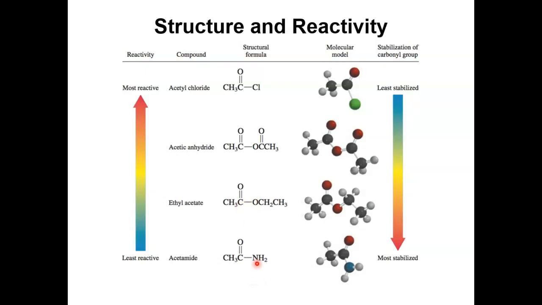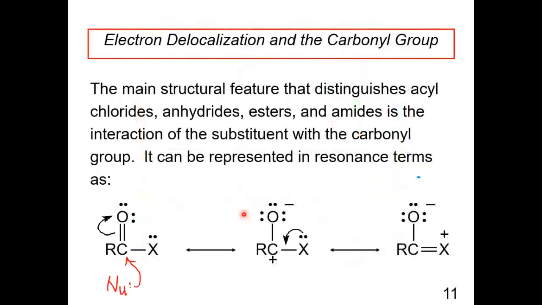So this nitrogen can stabilize the carbonyl better than oxygen does because it is less electronegative. That makes this carbonyl more stable than this carbonyl. Therefore, this one is less reactive than this one. That's the electronegativity impact. The second one,